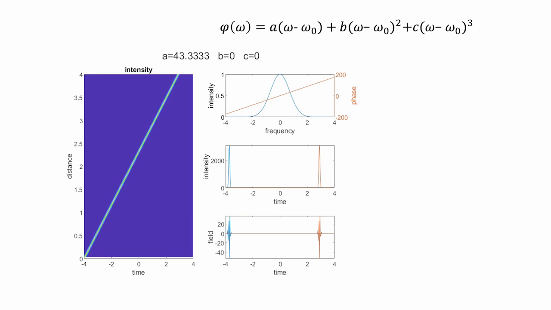what I'm showing here is a typical situation where the phase has these three terms I mentioned before, but I will keep only the first one, with B and C equal to 0. So you only have the first order term, a group delay. In this plot you have distance and time, and you can see that the intensity, color-coded, just moves linearly in distance as the time evolves. In the right panel, you can see the spectrum. In blue, the amplitude, the intensity of the spectrum, and in red, the phase as a function of frequency. And you see here just a linear term.